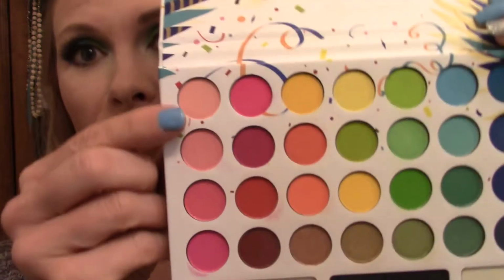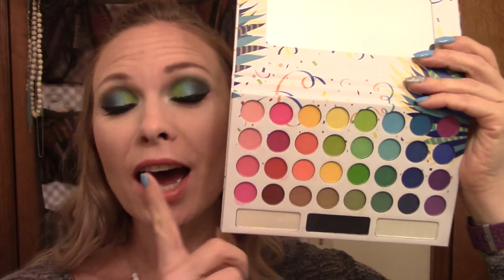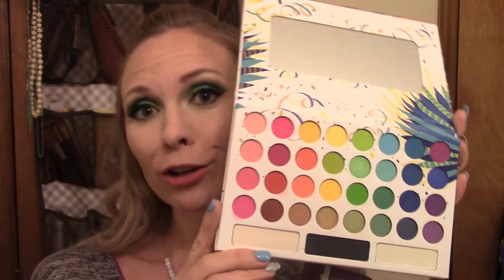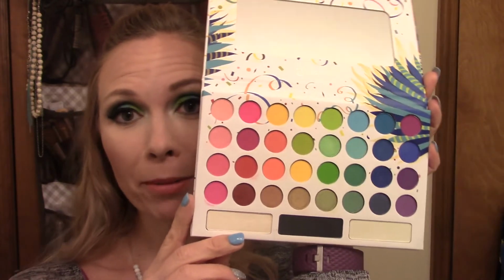So I love Morphe shadows, but you can only get that Morphe one on the Morphe website. So I'm then going to pay shipping for it. But then I also think, like, these are small shadows, okay? So here's my fingertip. But how often am I going to use a palette like this? It's beautiful, but it's not an everyday look. I like doing fun, colorful eye looks, but in the scheme of things, I'm probably not going to hit pan